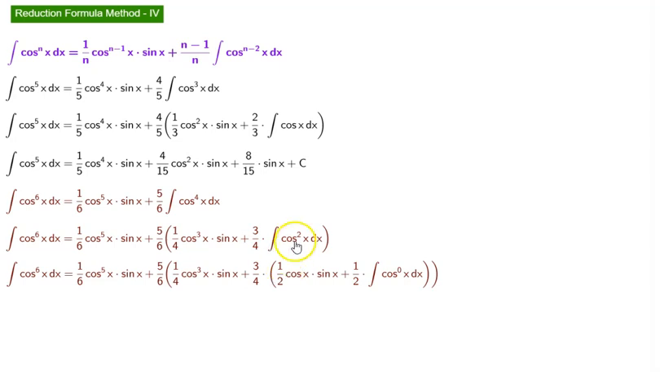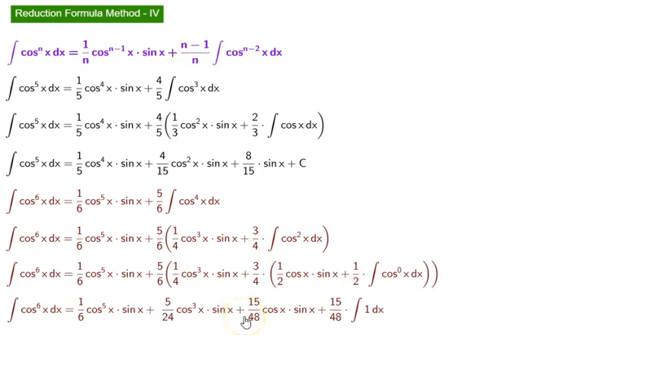Now applying the formula, we get 1 by 2 cos x sin x plus 1 by 2 times the integral of cos to the power of 0 x dx. We have reached 0 now. Let's start simplifying it. As we keep simplifying it, we will end up with